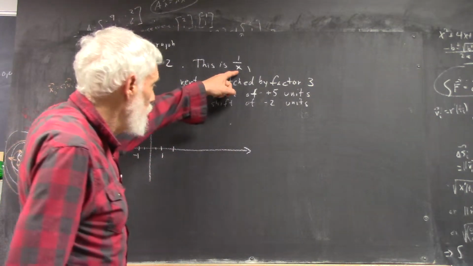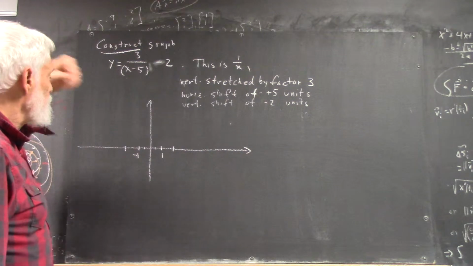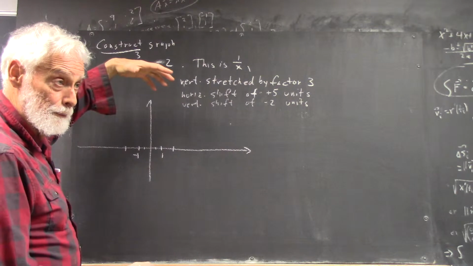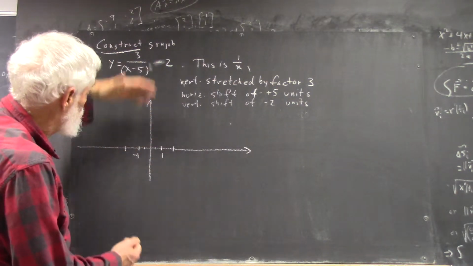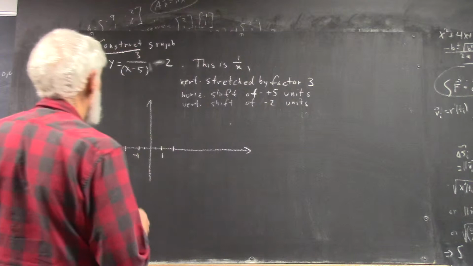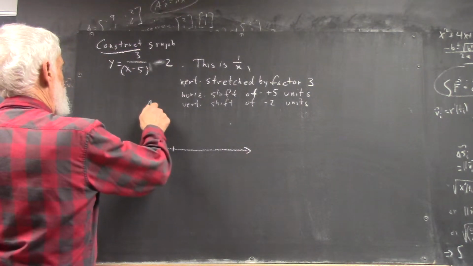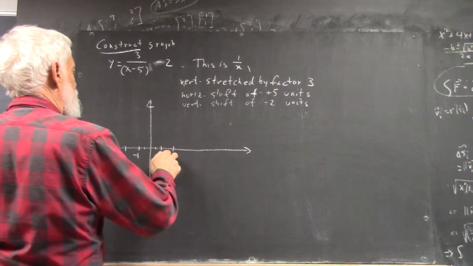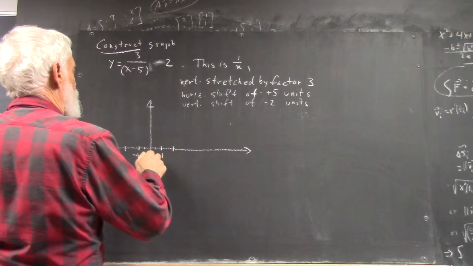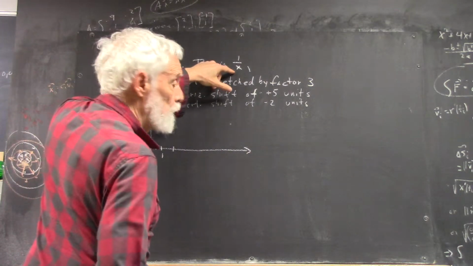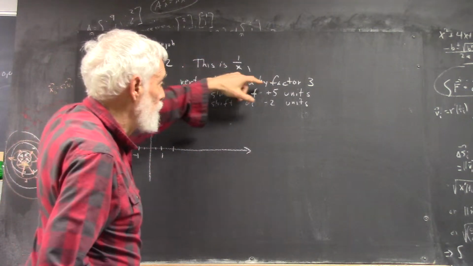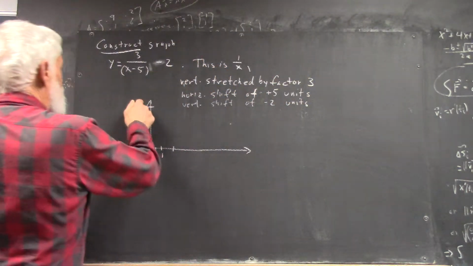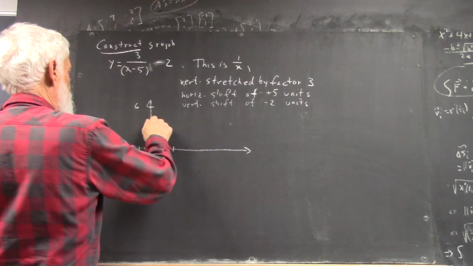Well, let's start with the graph of 1 over x. And since we're going to be multiplying it by 3, that's going to triple the y coordinates, right? So we don't want to use a huge scale on the y. So I'm going to do this. I'm going to say, well, I know that when x is 1/2, 1 over x is 2. And when I do the vertical stretch by factor 3, it's going to become 6, right? So I'm going to put 6 up here, which would put 4 here